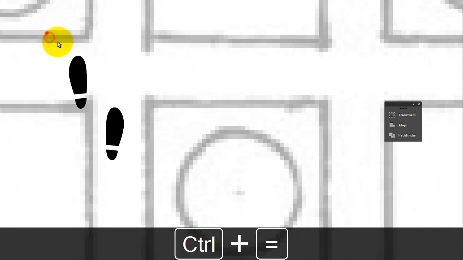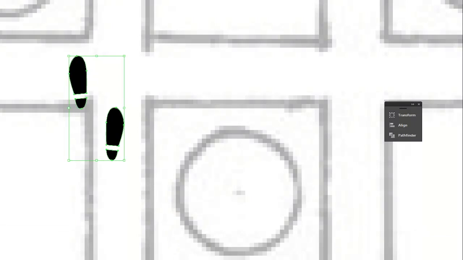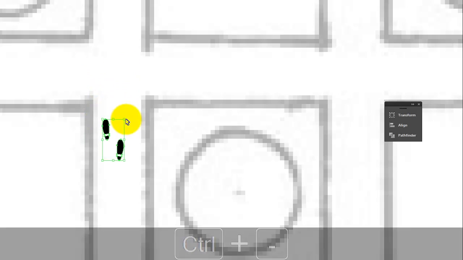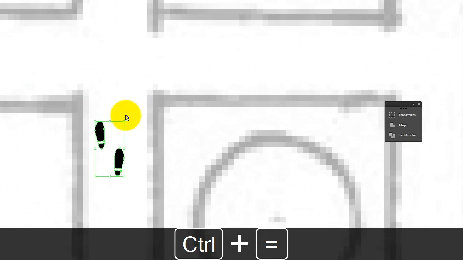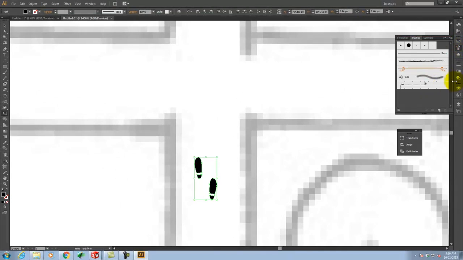So before I make this into a brush, I'm going to go ahead and transform the whole thing to be smaller. So let's go ahead. I'll hold down Shift, and we'll make those steps more realistic in size. Right? They're probably still even a little bit smaller. Something like that. Okay? Now that I've done that, I'm going to open the brushes window up here,